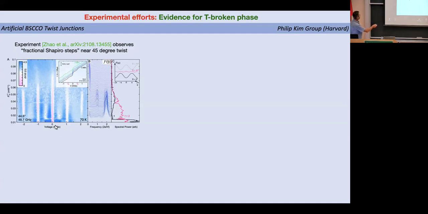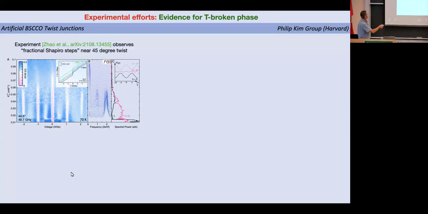And basically, these bands at integer values of that voltage tell you that what's tunneling through the junction is an object with charge 2e, okay, a Cooper pair. And this is seen in all superconductors. Now, what Philip pointed out to me is that in addition to those prominent steps, they also see half integer steps here that you can probably see. And if you interpret those within the same theory, they tell you that it's 4e objects that are tunneling, meaning 2 Cooper pairs at the same time.